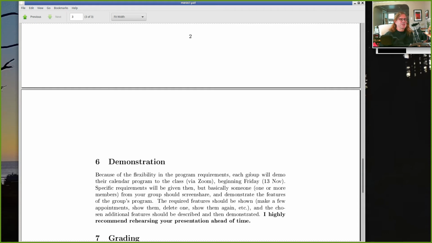These will probably start on the day that the assignment is turned in, which is the 13th of November, that Friday. We'll spell out details of that as we get closer to the date. But I need at least one person from each group to demonstrate to the class. If you want to share the demonstration, that's fine. So we're all pretty Zoom savvy, and you'll basically screen share and run the calendar program and show us the